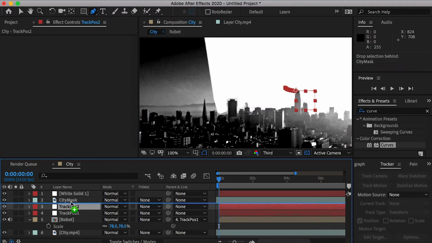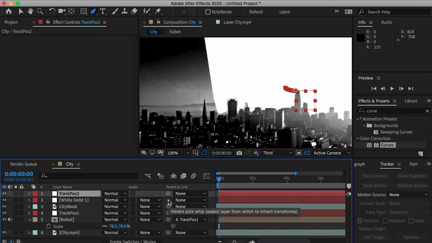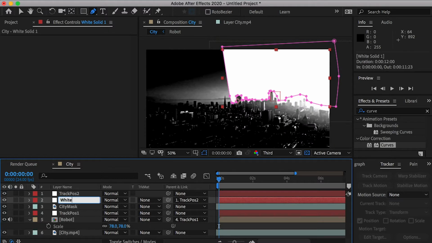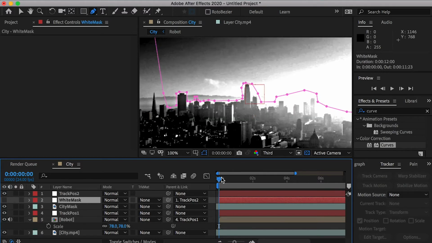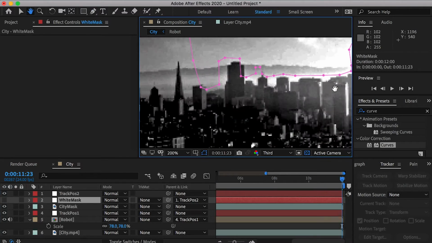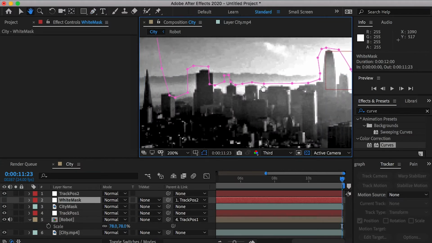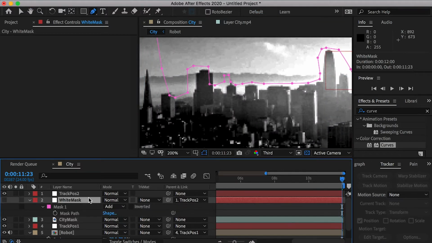Duplicate the Track Position 1 and parent the white solid to it. We can rename the solid layer to White Mask. The solid layer will follow the track point. Move to the end frame, and you'll see that some parts of the mask overlapped with the building, and we'll